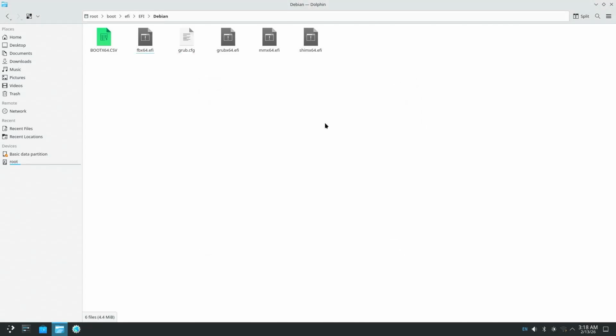And so these EFI bootloader files are used when my computer starts. If I go back out and go into the boot directory, it has a bootx64.efi file. Now this is actually a fallback bootloader. It's actually the same as the grubx64.efi file, this one here. And I'm going to delete everything here in the Debian folder, as well as in the boot folder,